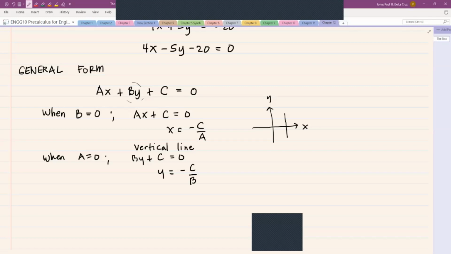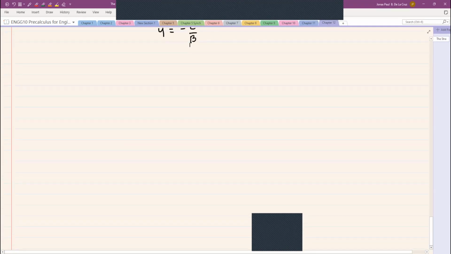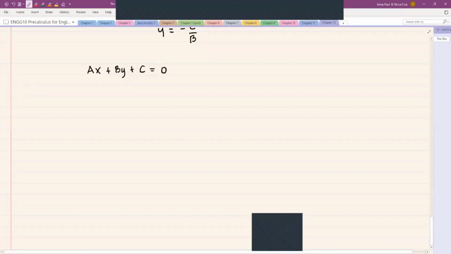Okay. So, in general, kapag walang equal to 0, let's start from the general form. Ax plus by plus c is equal to 0. Let us write this in the y-intercept form or the slope-intercept form. Isulat natin ito in the slope-intercept form. So matitira yung by, tapos lahat ng yan punta sa kabila. So we have negative ax minus c. Tapos i-divide natin ng b. So we have y is negative a over b x minus c over